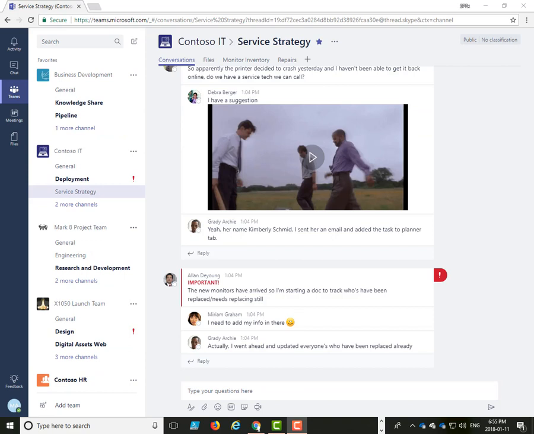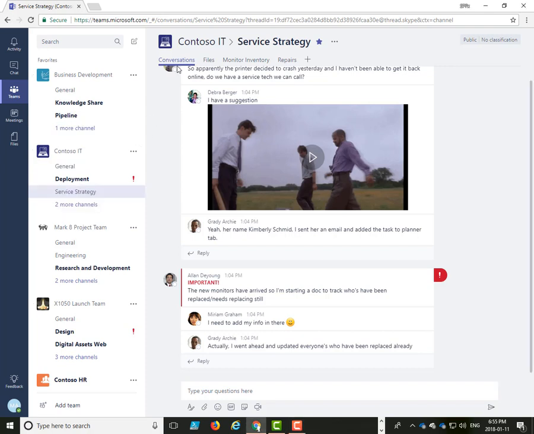Another way to have asynchronous conversations in Microsoft Teams is by using the Teams-based conversations. You can imagine each team representing a project, for example, and then there's going to be channels within each project. So right now I'm inside of the Contoso IT project or team, and under the service strategy channel.